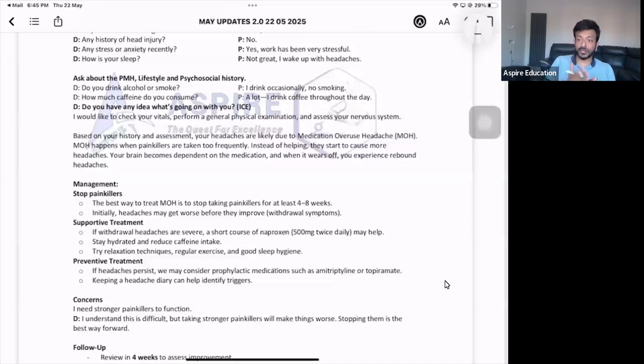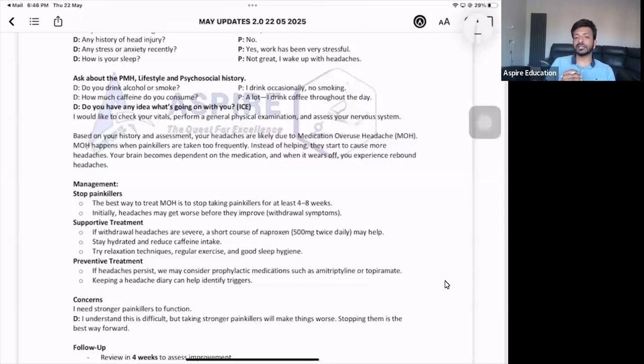The thing is, you should be stopping them abruptly only. That's the best way to get the treatment done, right? Yes, if the patient is on opioids, on morphine, on codeine, co-codamol, in those cases you might be tapering it down. However, if the patient is on any medication for their migraine, on NSAIDs, on paracetamol, you need to stop it abruptly. That's much better.